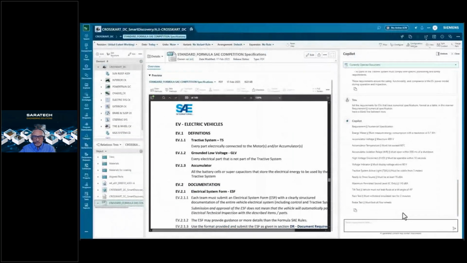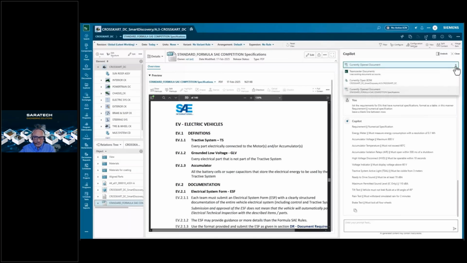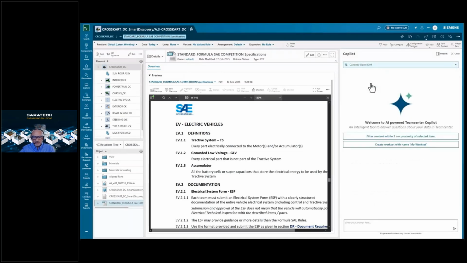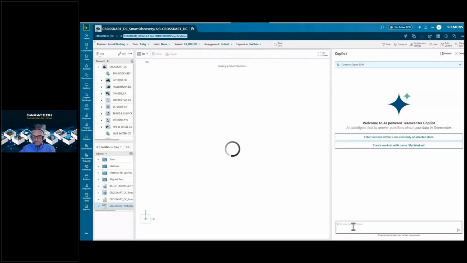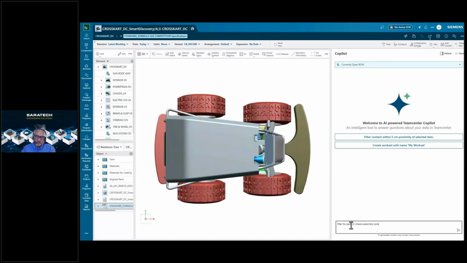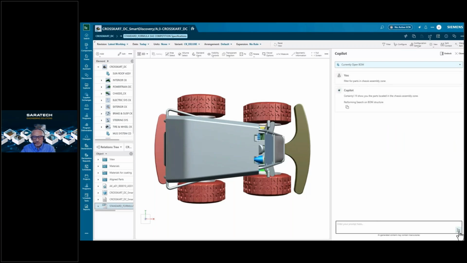And then next we can turn the Copilot to focus on the bill of material, start enabling the 3D viewer as you get into the visualization part of it, and enter an instruction in natural language to filter the loaded bill of material structure. And again, these are all the power of Teamcenter, these markup visualizations, and then bringing and connecting AI into it.